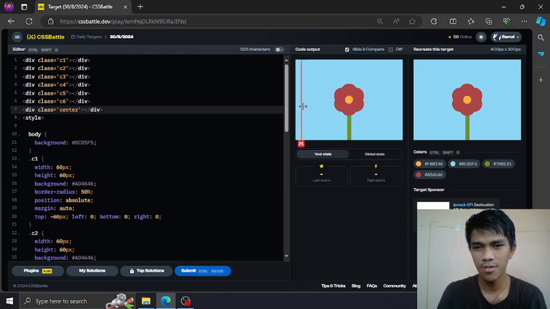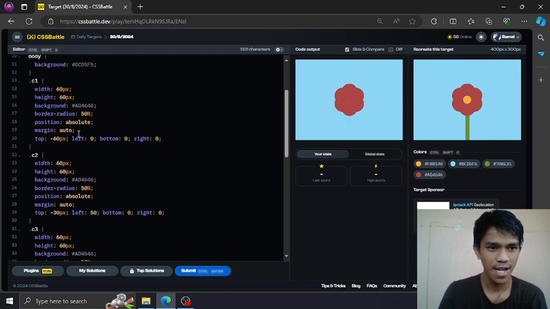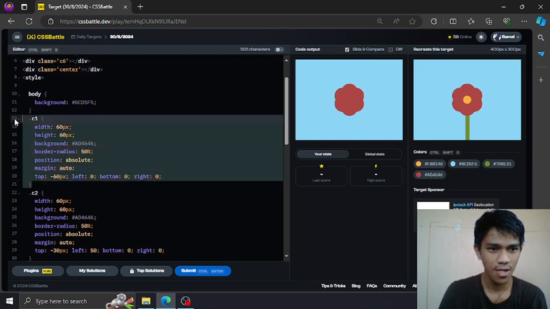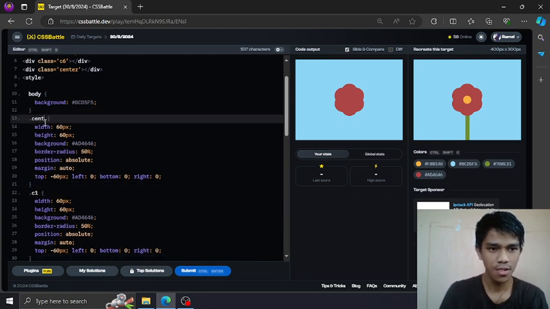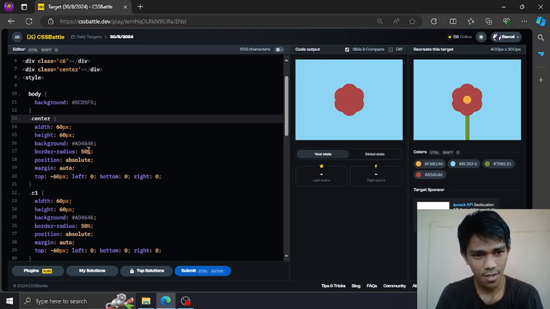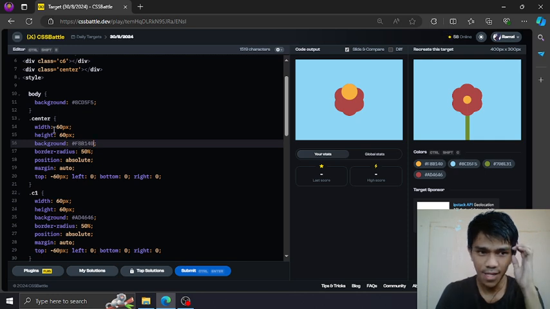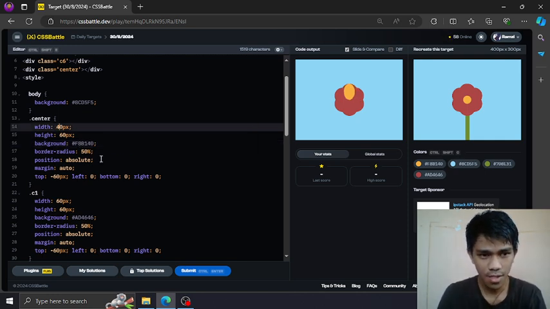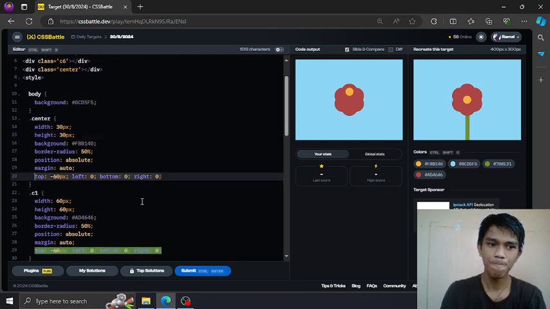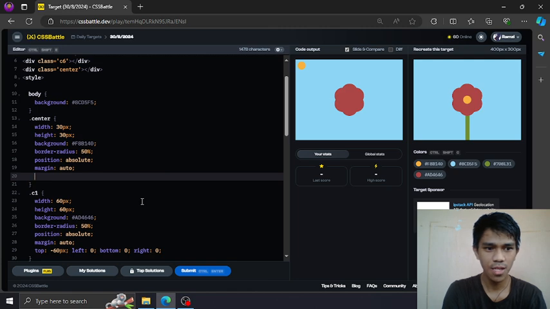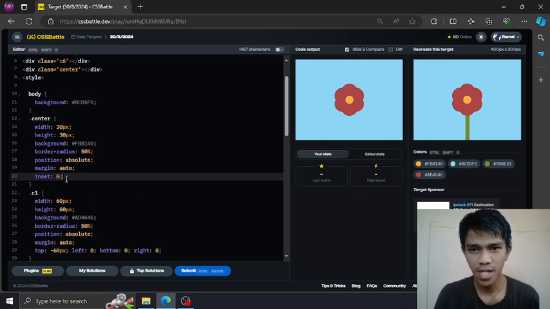I don't know what you call that center, but it is yellow. Copy the C1, name it center. It has a yellow color like that, and it is much smaller. So instead of typing these 4 properties here, we need only one: inset 0. This inset 0 guarantees a center. Okay,